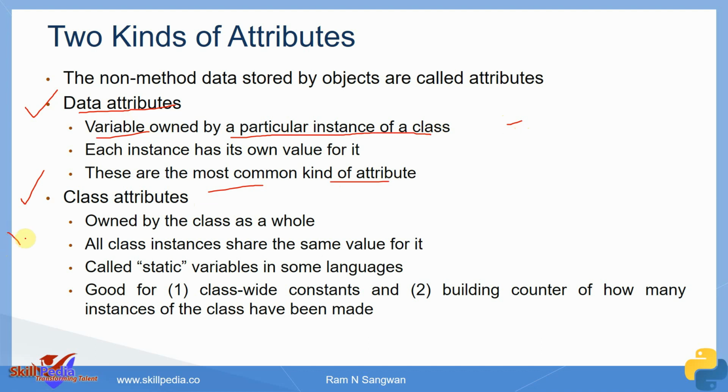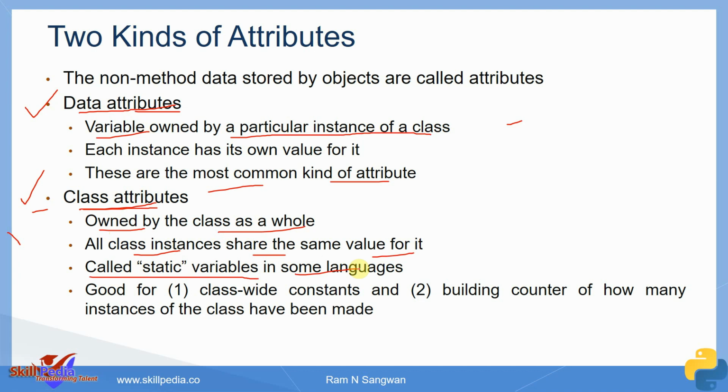But there are some common properties as well. We call them class attributes or class variables. Attribute or variable is one and the same thing. Don't get confused, because in the initial slide we used variables, but the concept is the same. There is no separate term, so class variable or class attribute is one and the same thing. A class attribute is owned by the class as a whole. All class instances share the same value for it. They are also known as static variables in some languages. So the static attribute